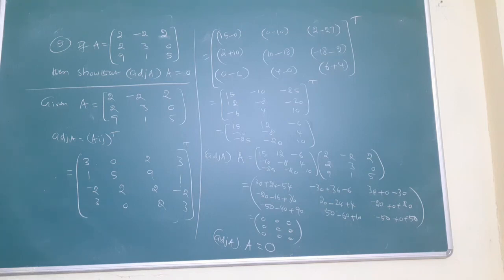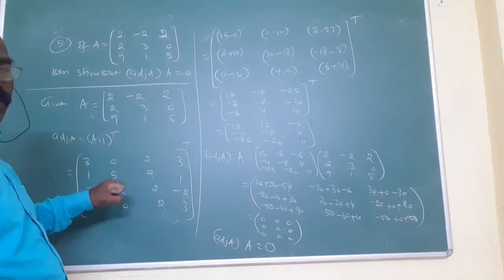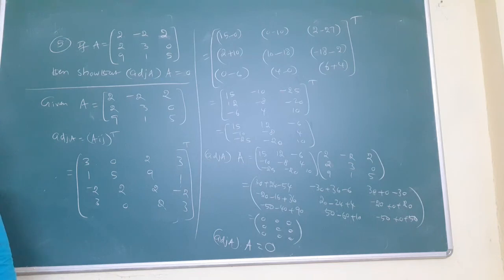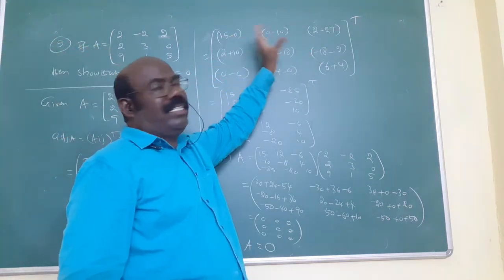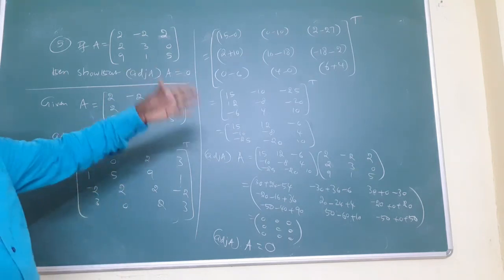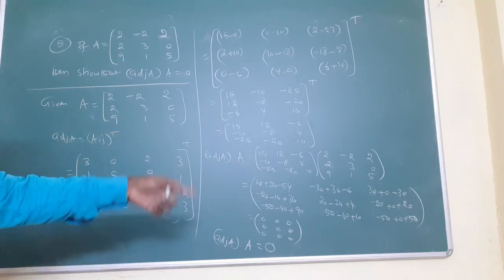Only simplification. To find the transpose of the matrix, that is your adj matrix, this method is easy for you. By using the first exercise, one by one, find the cofactor, minor. That is a lengthy calculation. But in the first exercise, what is asked? Minor to cofactor is asked. That is the correct method. But here, only adj is asked, so directly do this type of comparison, then it is easy for you. One more point is that here plus, minus, plus, some signs are changed, so a lot of confusion will come. Here, write the elements clearly. Multiply by the class, afterwards simplify, take the transpose, that is called adj. Then multiply by A, you get the answer 0. That is the answer.